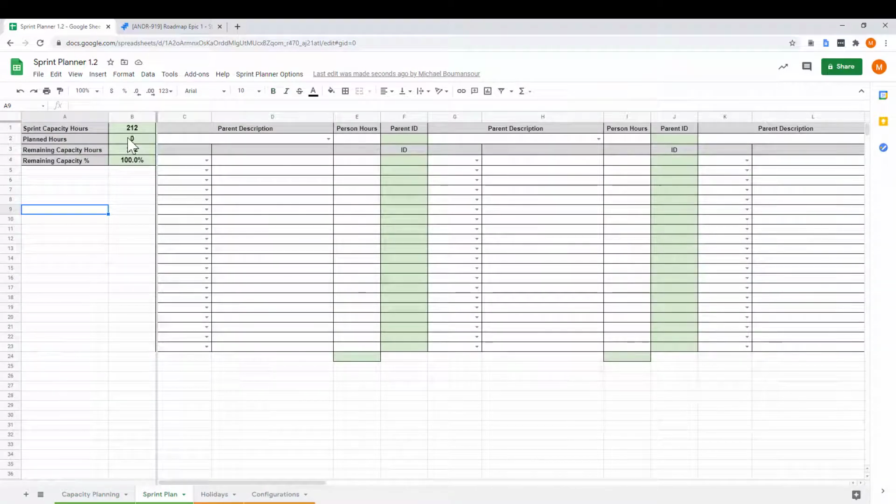And then you have the planned hours that it will basically sum up as I'm adding items into my plan. It will show me the number of hours that are being planned. It will then subtract that from the total capacity hours to show me the remaining number of hours and the remaining percentage. So I can see as I'm going along how much capacity I have left. So what I'm going to be doing is